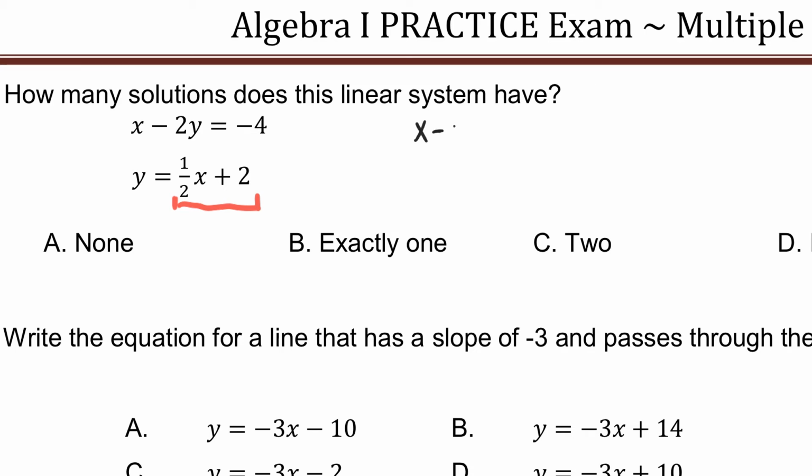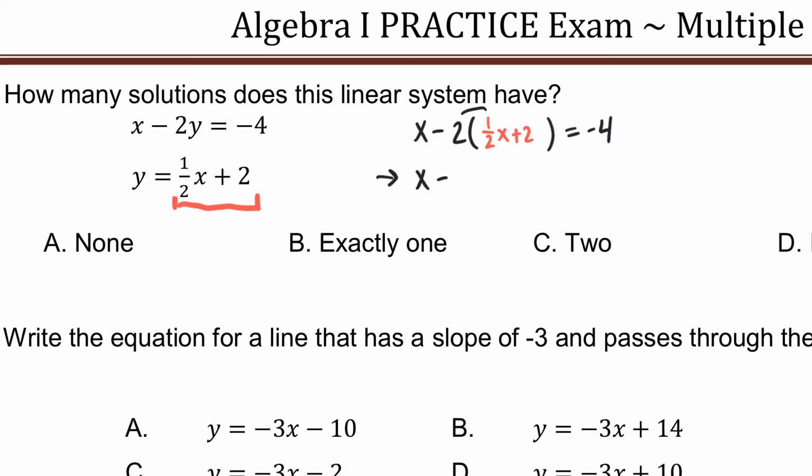So x minus 2 times y must equal negative 4, right? So this is a y right here. I'm going to plug in y, except instead of putting in the letter y, I'm going to actually put in half x plus 2, because that's what y is. So I'm going to put in half x plus 2. And then what we're going to do is we're going to simplify this. So I'm not going to put equals here. I'm going to put an arrow, and I'm going to say, okay, if this up here is true, if x minus 2 times 1 half x plus 2 is equal to negative 4, then